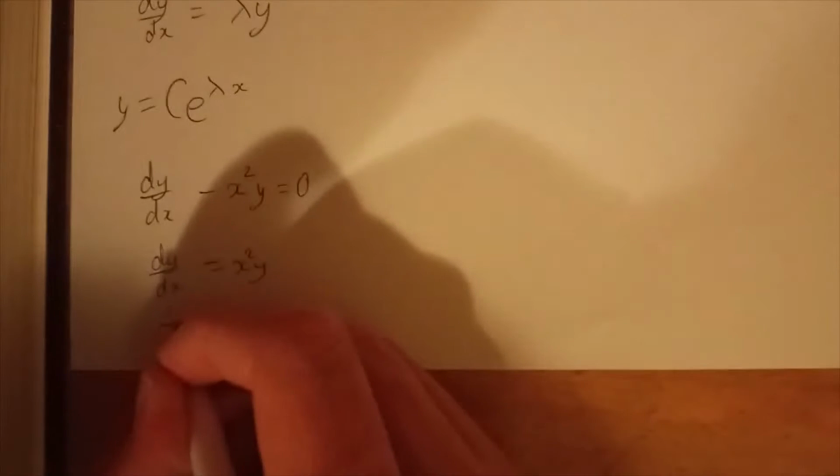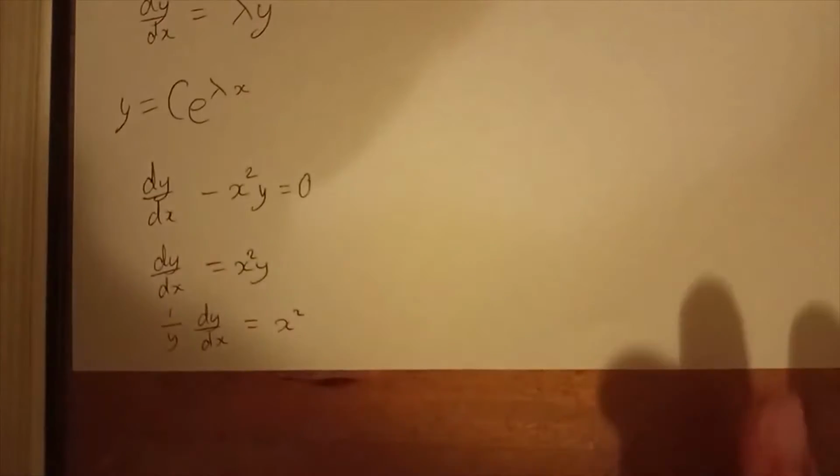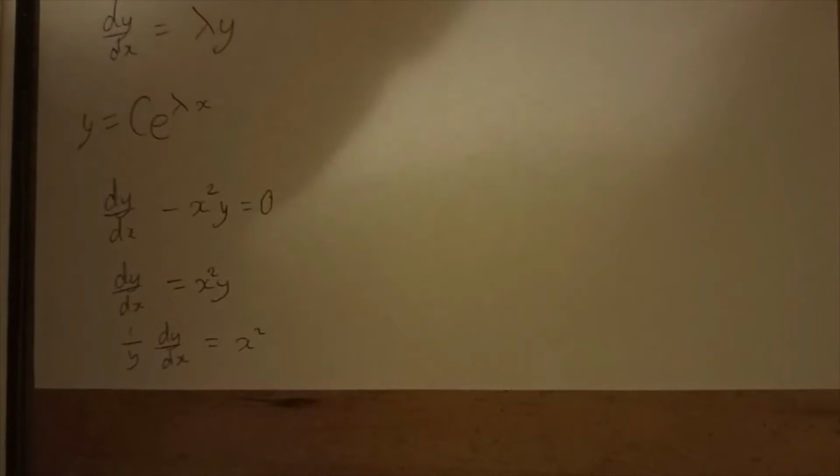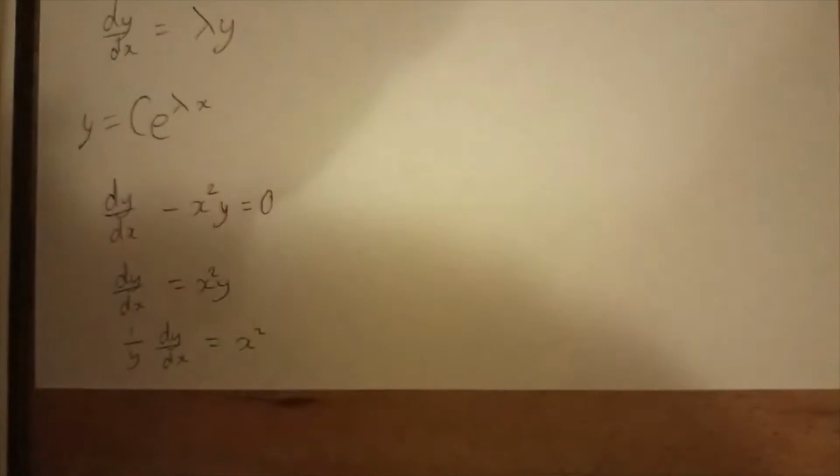So we'll end up with 1 over y dy dx equals x squared. And that is convenient because now we can integrate both sides